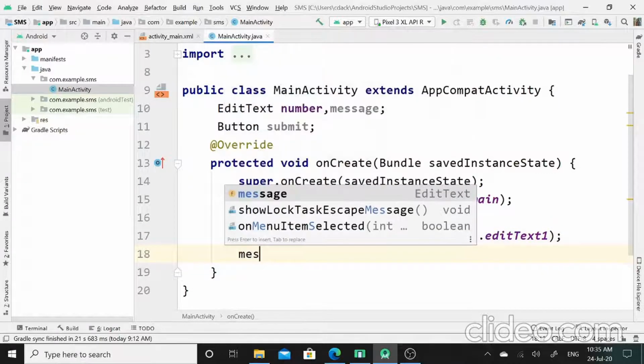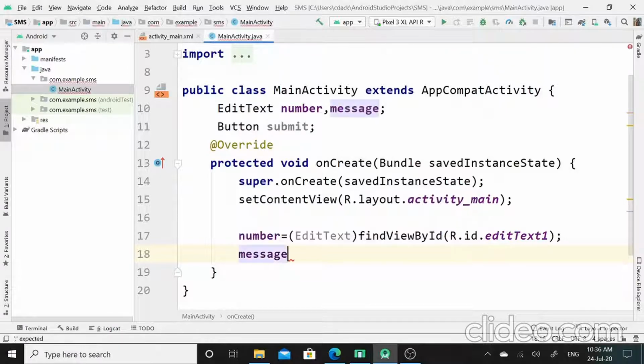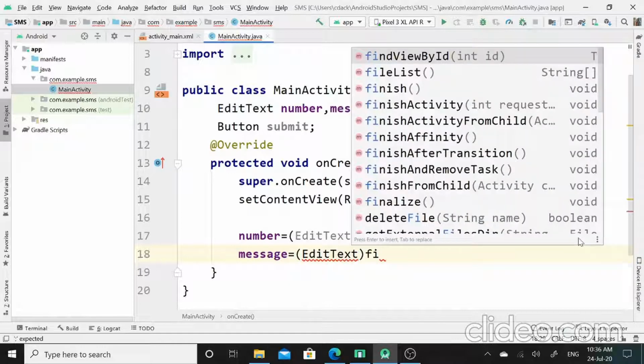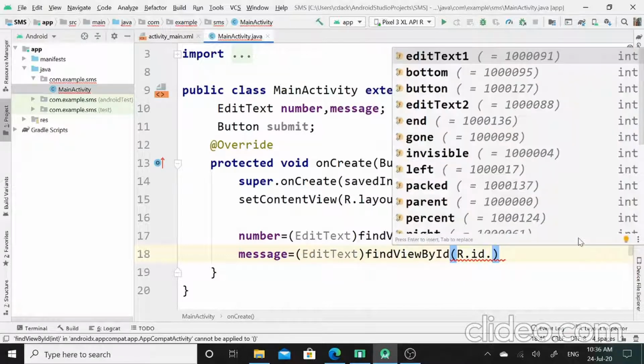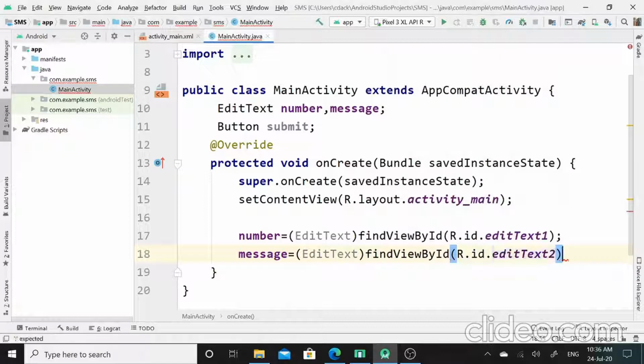Similarly, I will call here reference of EditText class, that is message. Again here I will perform typecasting methodology to find the ID for the edit text 2. Again I will take the help of findViewById method, and that ID is present in R.id package, and this is the edittext2 ID.